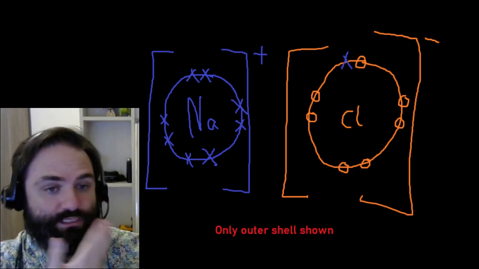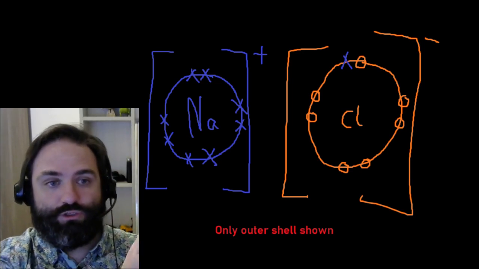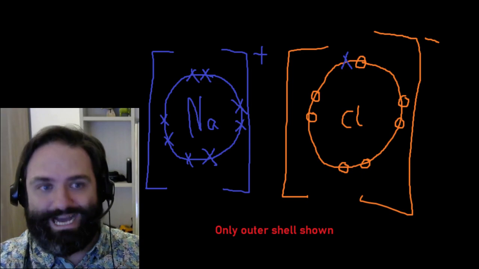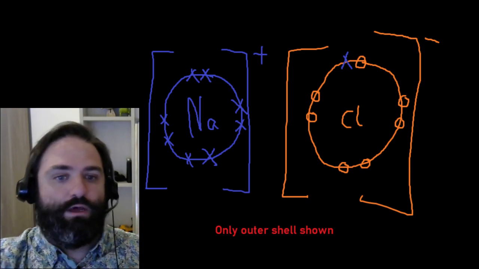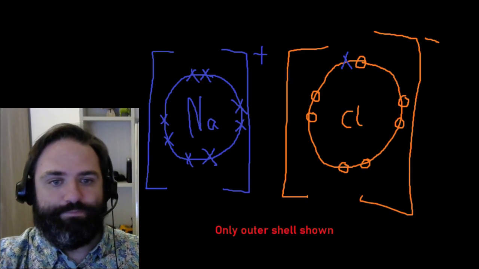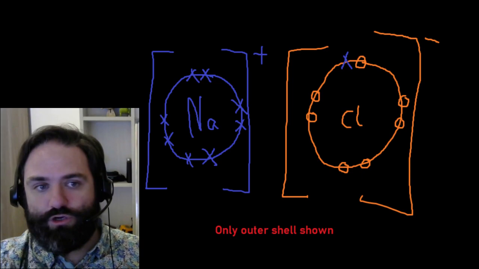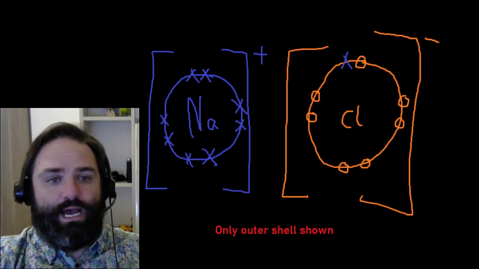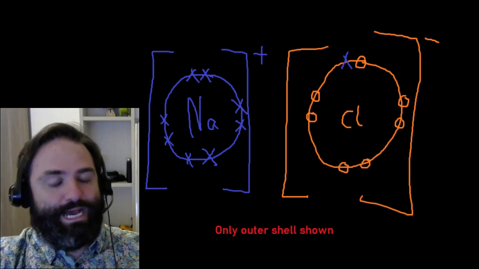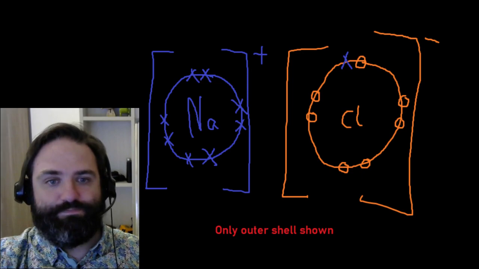We can represent this with dot and cross diagrams. Notice that we've used a dot and a cross to show different electrons from different atoms. So we can see that the chlorine's extra electron has come from the sodium originally. So the sodium has a positive charge, the chlorine has a negative charge. The electrostatic attraction sticks them together, at the end forming giant ionic crystals, which we'll cover in a later lesson,